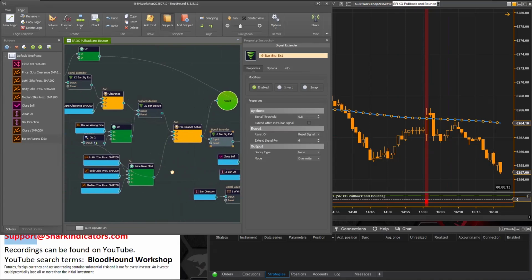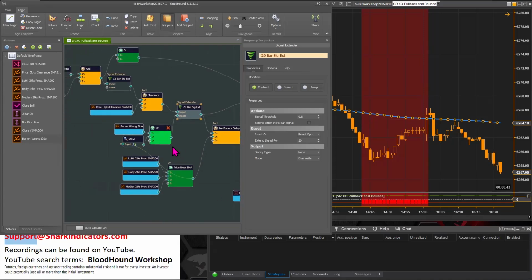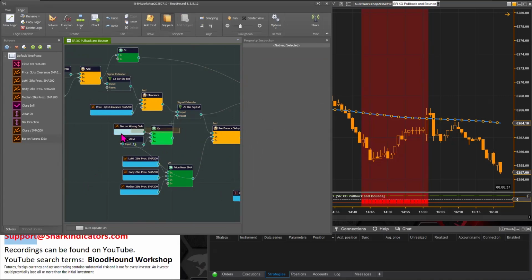However, my instinct is telling me that resetting our signal extender on that bar may not, in some cases, be good. It might kill a signal that you may want. So just in case, just to go with my gut instincts here,